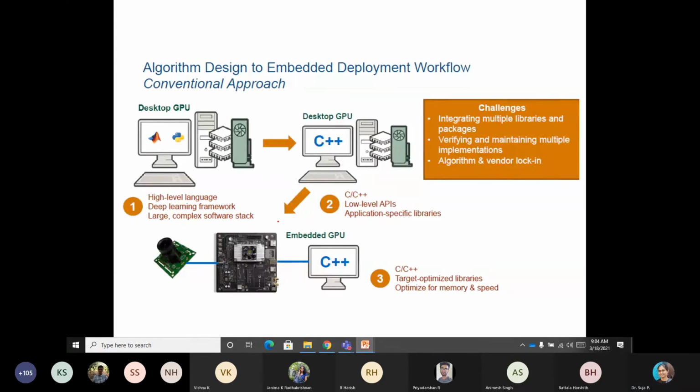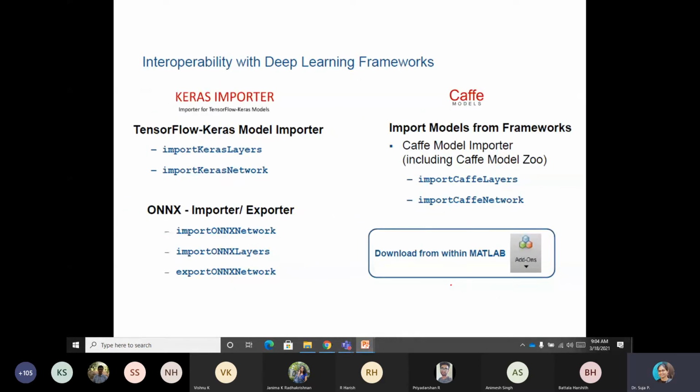So in the workflow, as I said, if it is for a desktop GPU, CPU or embedded, of course, it has some challenges. Now coming to the framework, we need to discuss Keras and TensorFlow. Flow tensor means just an array, and you need to just import it.